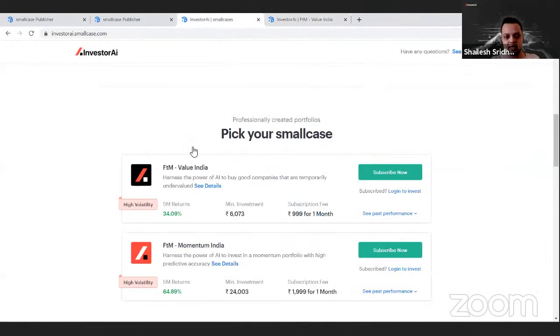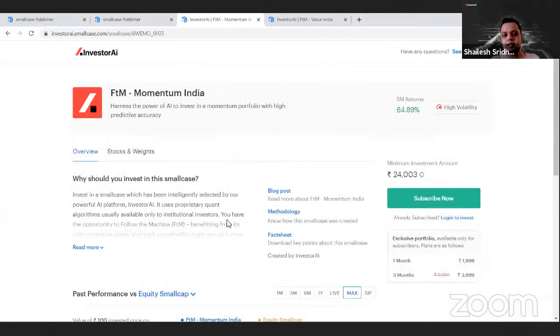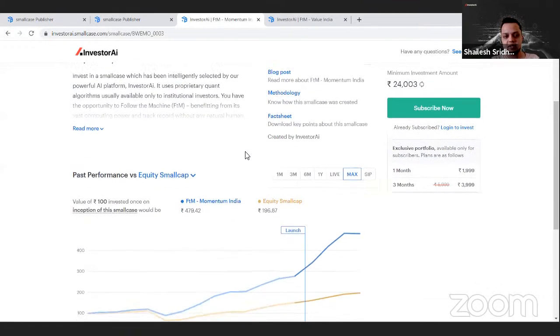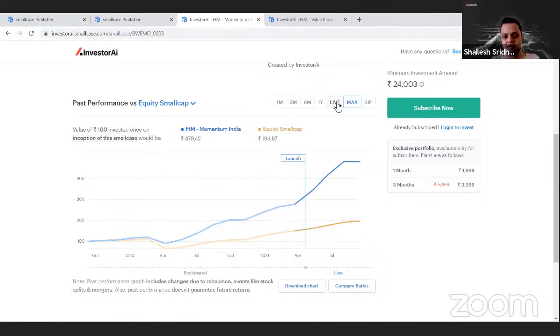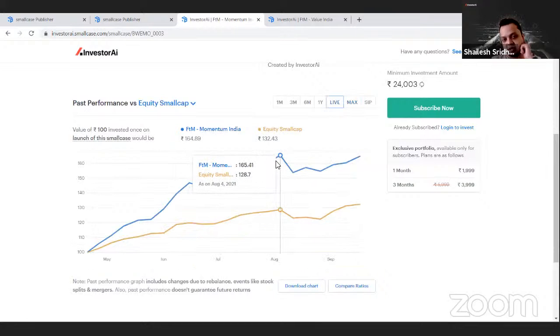I could also do the same thing with momentum. I'll just click now. You can see the same things. I'll go to live again. As you can see, we went live around August 4th or August 6th. Then the SEBI circular came out, and the momentum securities that had all been running up, which were all part of our portfolio, took a huge beating because of the news flow. Though the broader markets didn't actually come down, the small cap indices came down a lot.